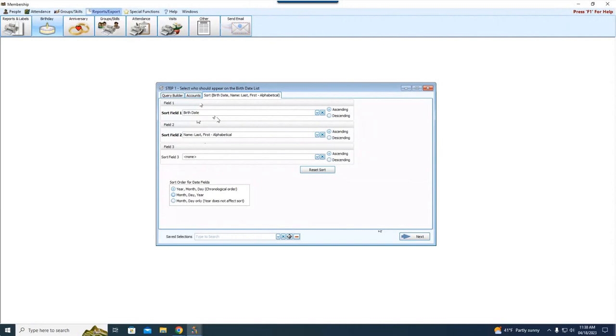And then you can come down here and you can choose what sort order you specifically want to use for your date fields. You can do year, month, day, strictly chronological order, month, day, year if you wish, or you could just do month, day only. I find a lot of people like to use this one, specifically if they're printing out birthdays in the,